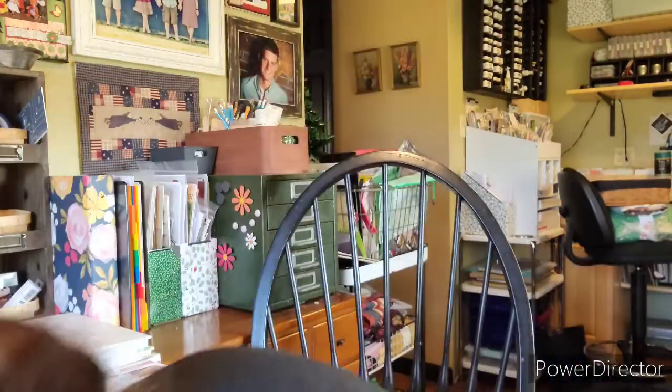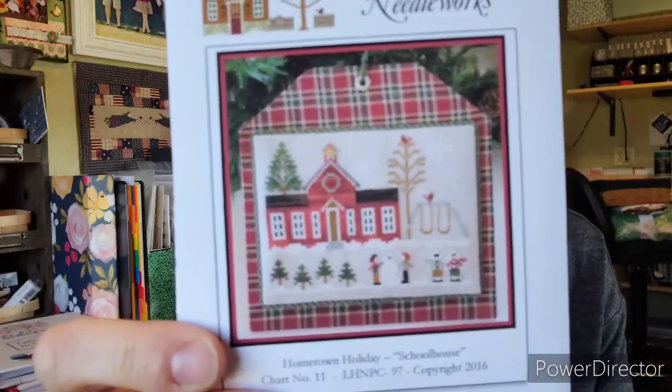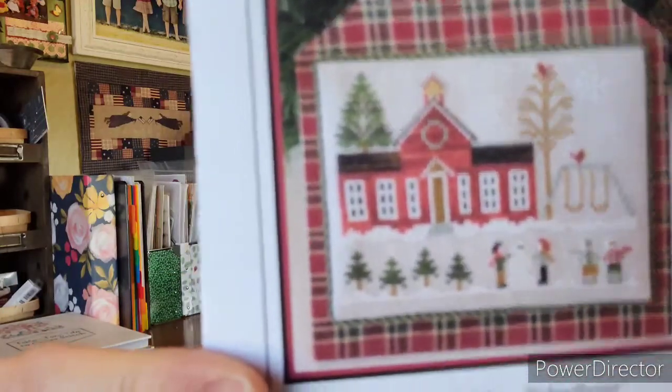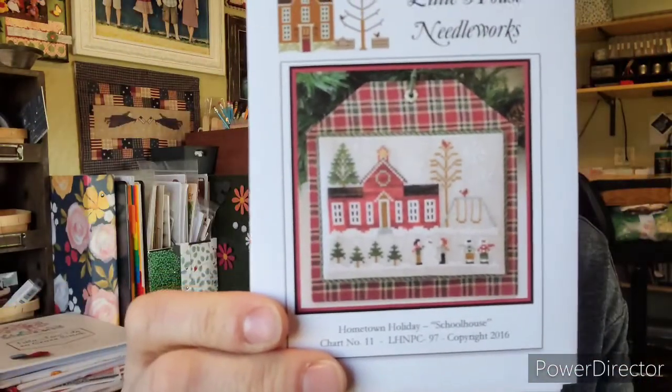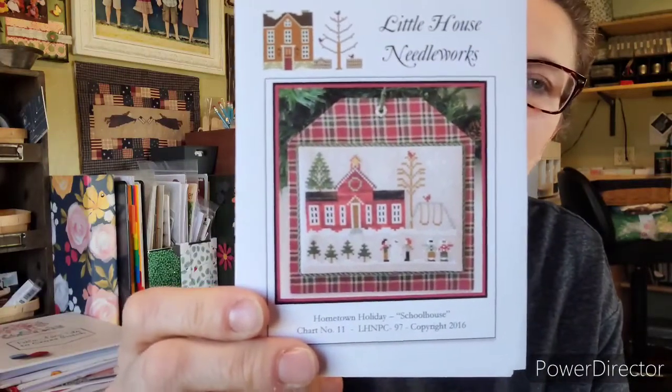Oh, a few things I forgot. Along with my haul, a couple of charts that I have purchased. I love this whole series, Little House Needleworks, the Hometown Holidays, and my goal is to have a lot of these stitched. Will that focus any better? It's not focusing very well, is it? So it's better back here. Okay, so my goal is to purchase more of these, and I'm going to work on them this next,